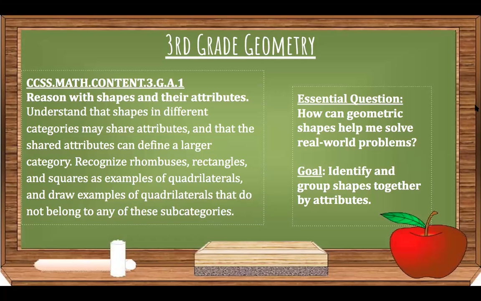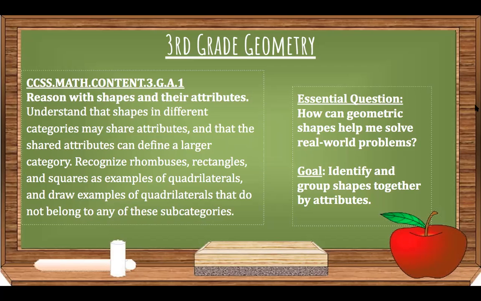Let's look at the standard we're going to be working on in the next couple of weeks. What we're going to be working on is reasoning with shapes and their attributes. Pretty much what we're going to be understanding is that shapes in different categories may share attributes, and that the shared attributes can define a larger category. Recognize rhombuses, rectangles, and squares as examples of quadrilaterals,